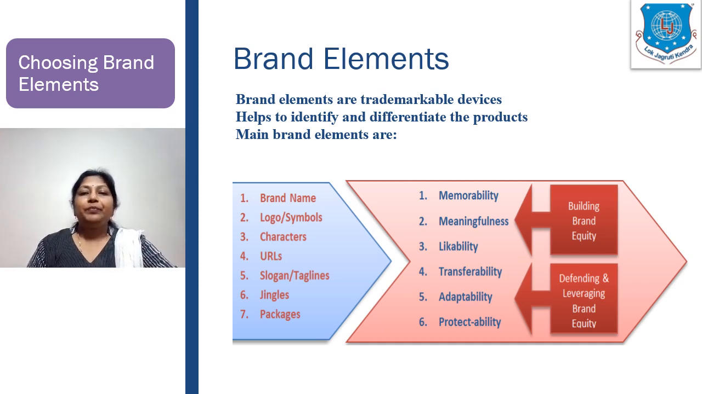The criteria for choosing a brand element is again shown in the diagram that you could see in the pink portion. It talks about being memorable, meaningful, likable, transferable, adaptable, and protectable. As you can see, the first three criteria, memorability, meaningfulness, and likability, all together build a marketer's offensive strategy. This is for building a brand which focuses on